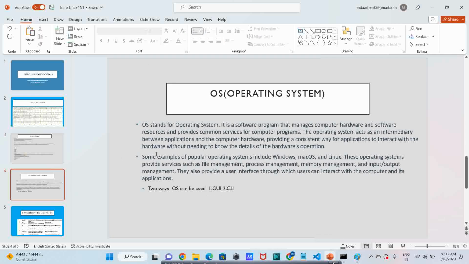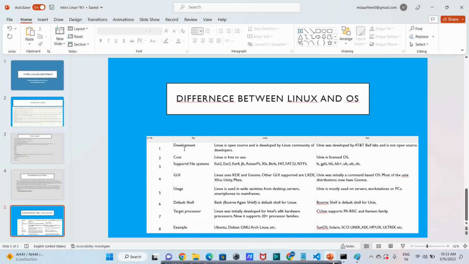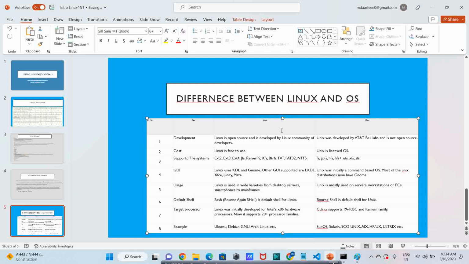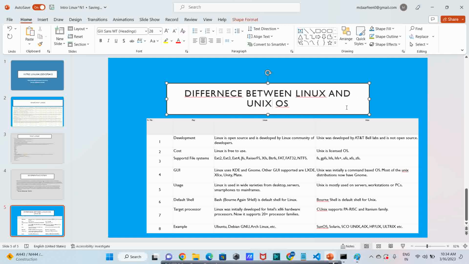Many reasons are there, but mostly we will be focusing on the difference between Linux and Unix operating systems. We will be learning commands later, but here we will see the difference. The basic difference is that Linux is open source and developed by the Linux community of developers.